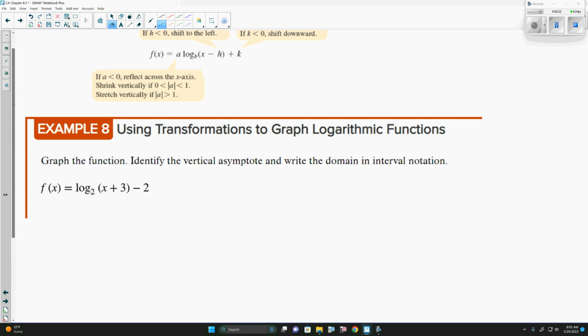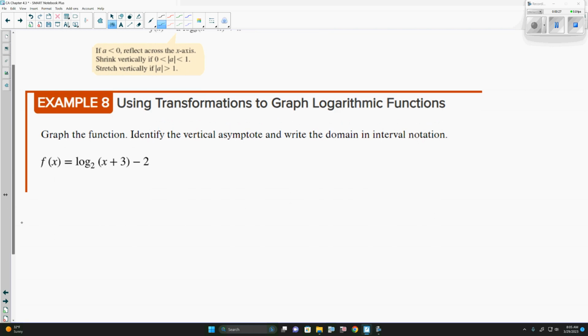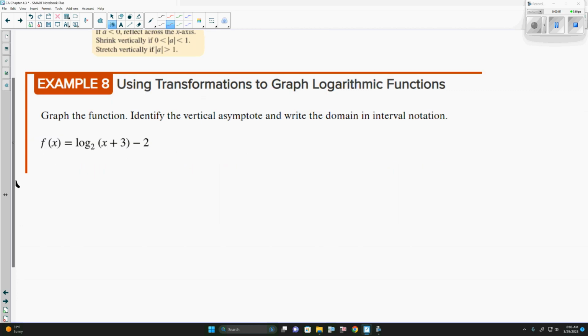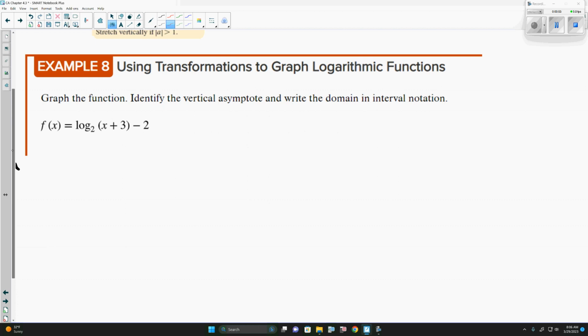Now, what we have here is using transformations to graph these functions. Now, I did include this here. Inside the parentheses is our horizontal shift. We're either moving it left or right, a certain amount. And the K value is going to be up or down. And with most of these here, especially on Alex, these are going to be pretty easy to graph, especially with